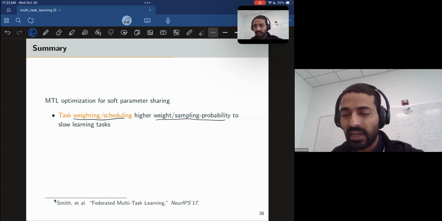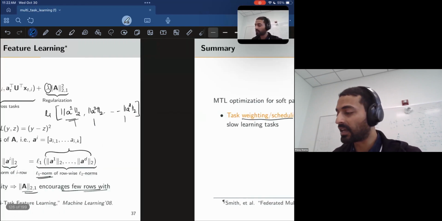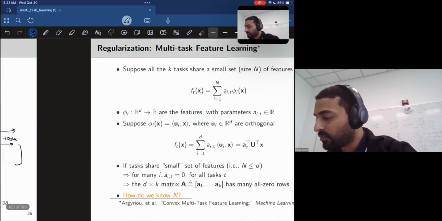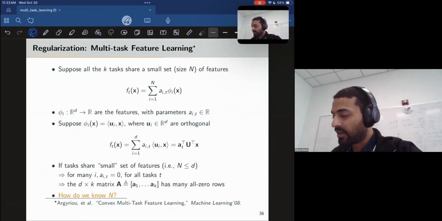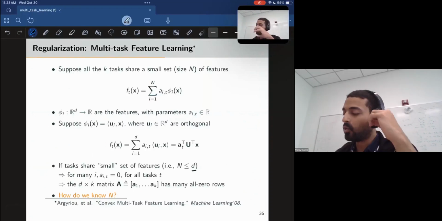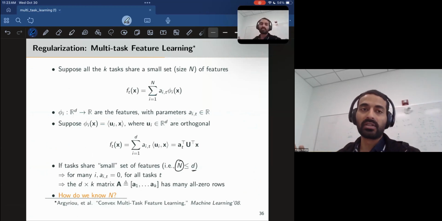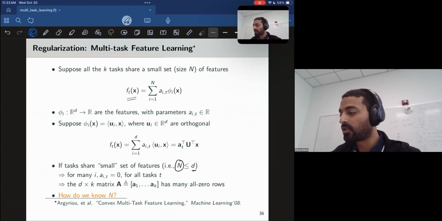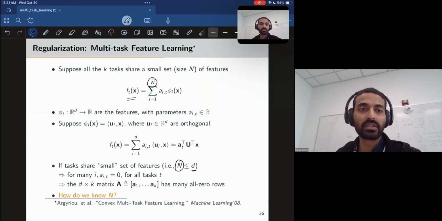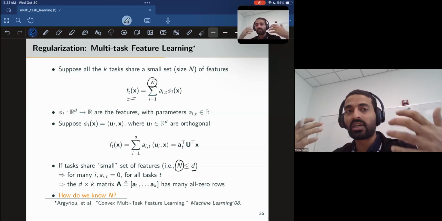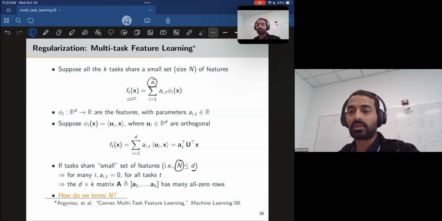So there's a question: why do we add this regularization term? Do we want to reduce the number of shared features? Yes, that was exactly why we did it. If you recall, we have D features in total, but we want to make sure that only N of them determine all the task models. So all the task models have to come from only N of those features, right? These N features will be the shared structure between the task models.